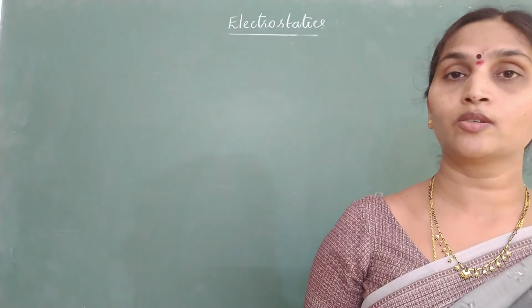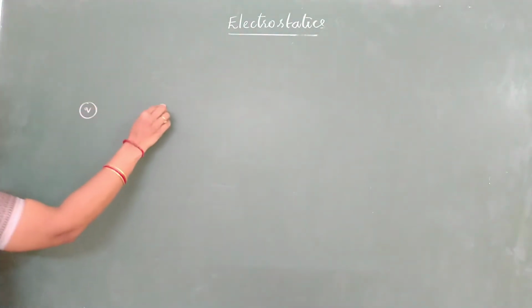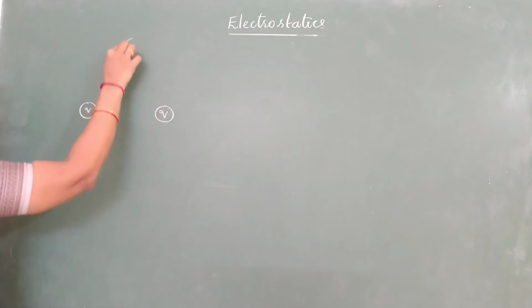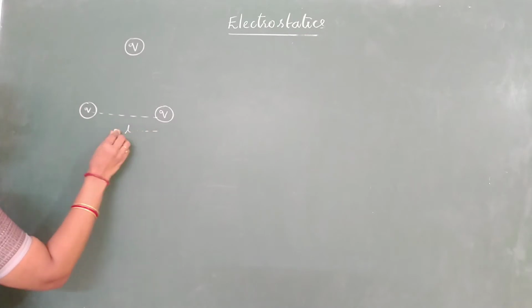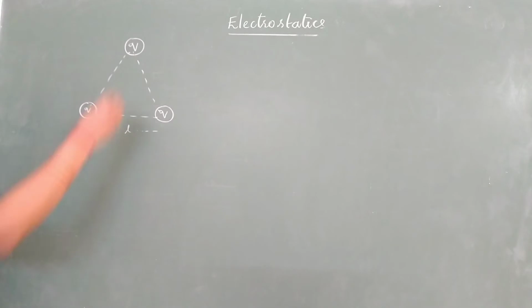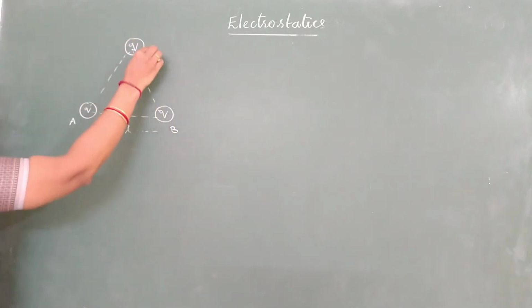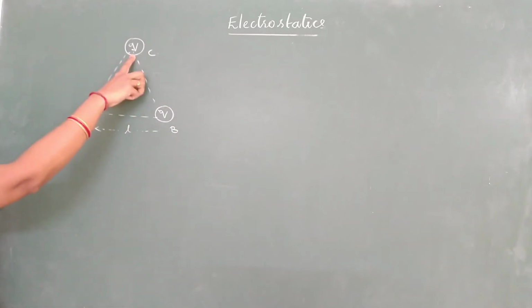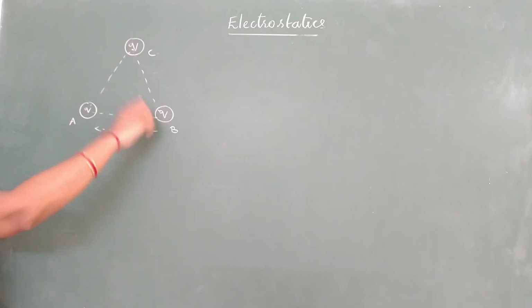Coming to questions related to more than two charges. Hope you remember. So when you have 3 point charges, taking all the 3 charges identical at the vertices of an equilateral triangle whose side is equal to L, find the force acting on the vertex. How do we use the superposition principle? If I want the force acting on C, we know this charge is experiencing 2 forces, due to A as well as due to B.